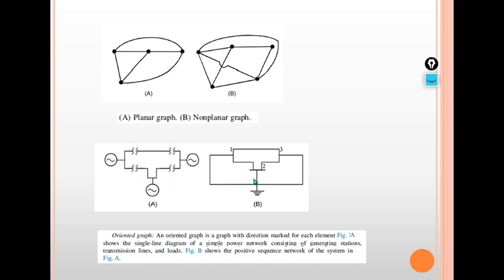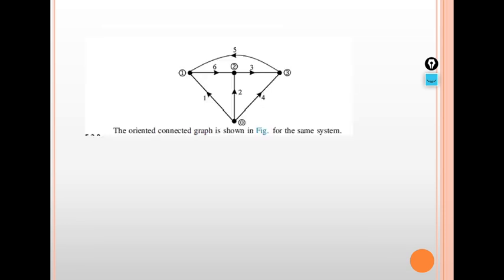If I take this one, the generators and transformers are present, but I am not discussing those. I am taking this one, and I can see that buses 1, 2, 3 are present, from where you will get the constant supply, with constant voltage and constant frequency. So this bus we can take as a node.